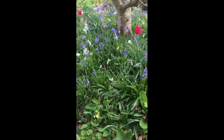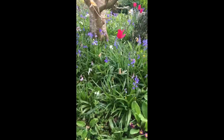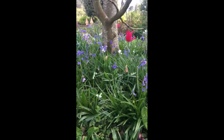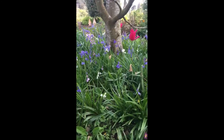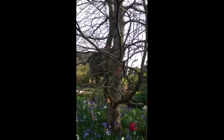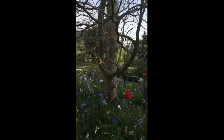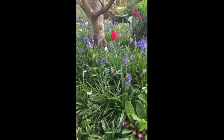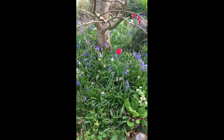And then we have bluebells. These bluebells are clever little fellas really. They grow, flower and produce the seeds before the leaves on the trees actually come out properly. So we have overhead here a beech tree, which is only a young tree really. And the bluebells then multiply underneath, so as you can see here,